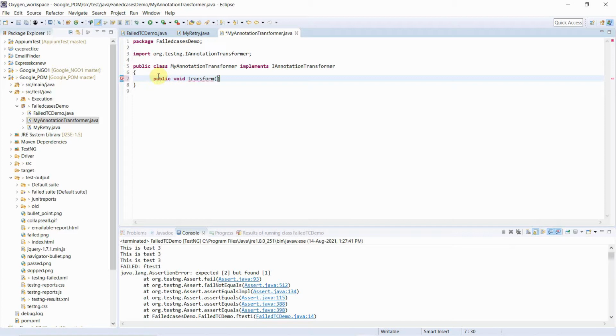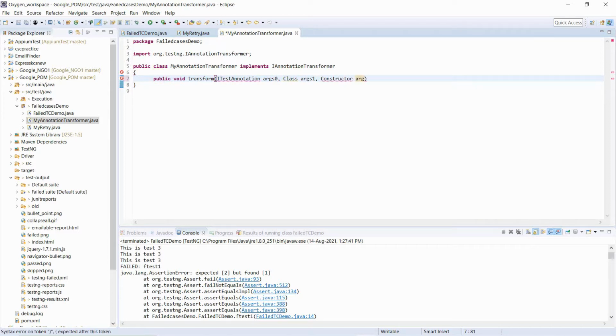transform, and inside that I will use ITestAnnotation, and I will pass arguments 0, comma. This is only a one-time activity in your complete framework. Okay, and constructor.